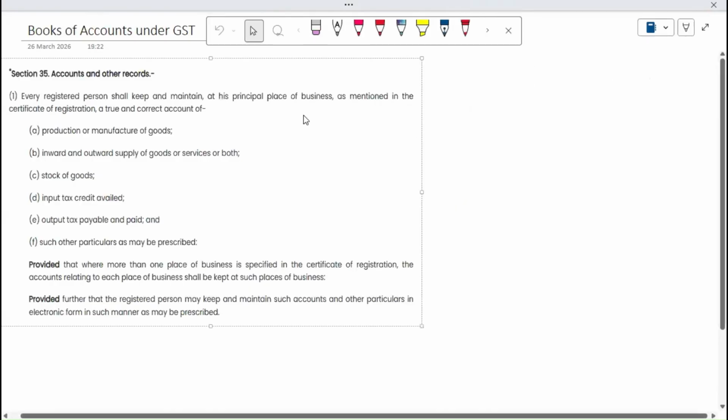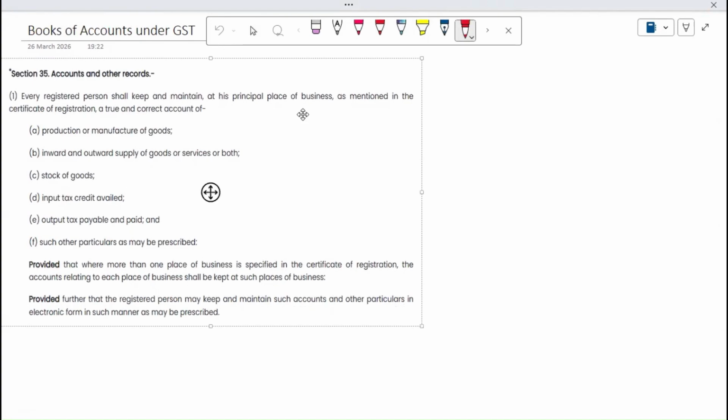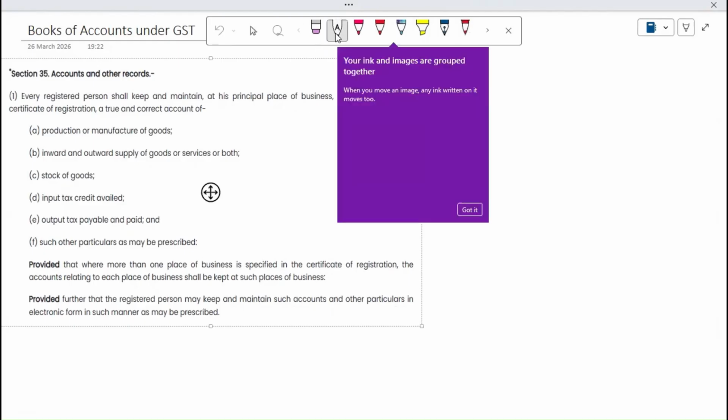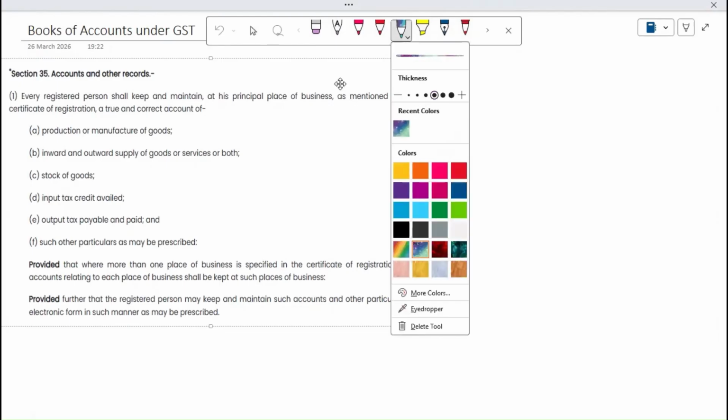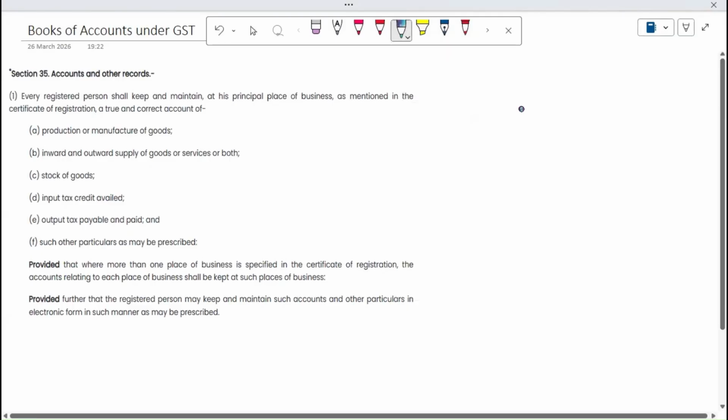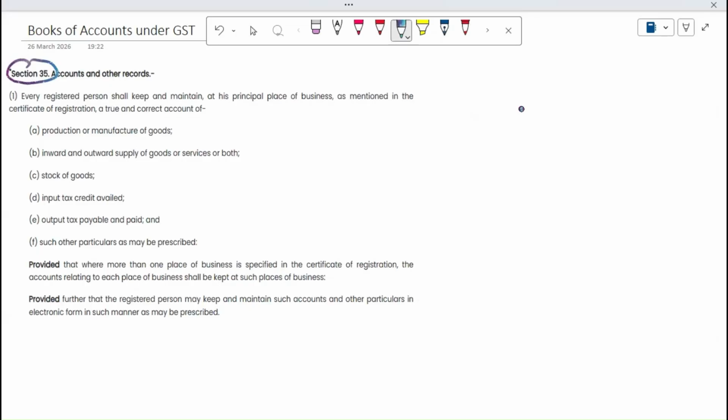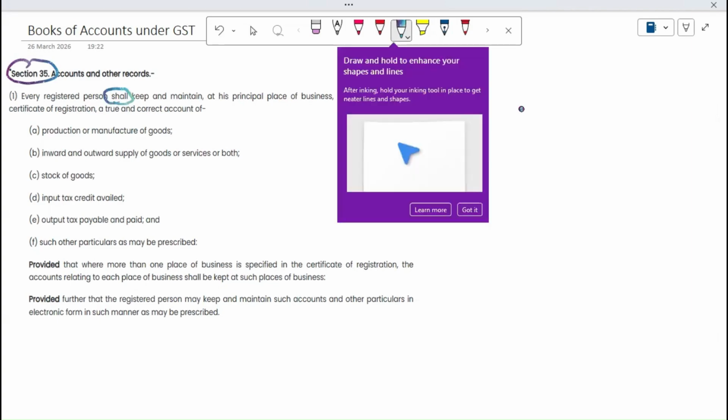Moving forward, first we will understand the books of accounts from the GST perspective. Books of accounts under GST start with Section 62. So the GST law says that any books of accounts maintained should have compliance under Section 35. This is what it talks about: accounts and records. Every registered person who is registered under GST shall, it is a compulsion, not an option given,